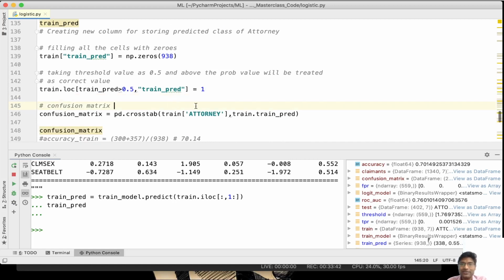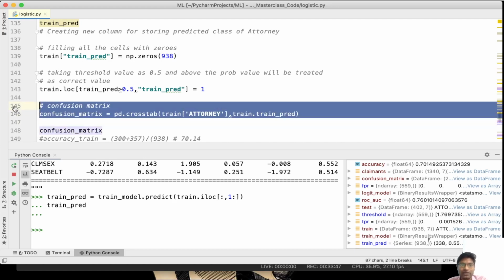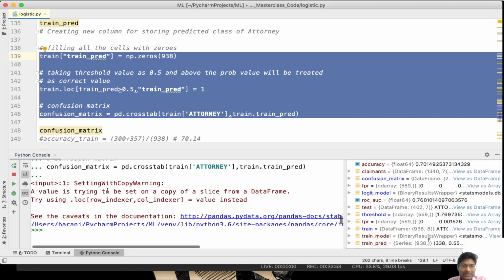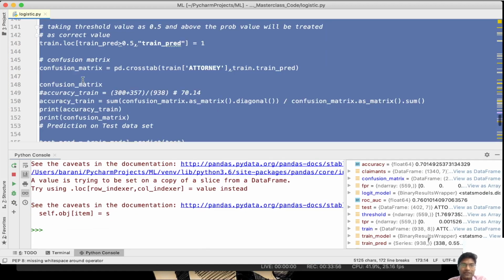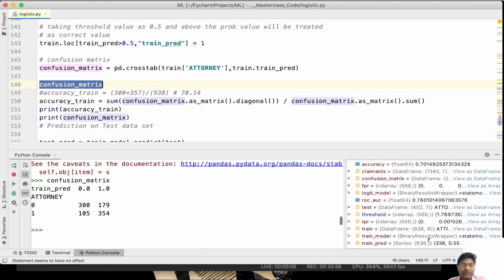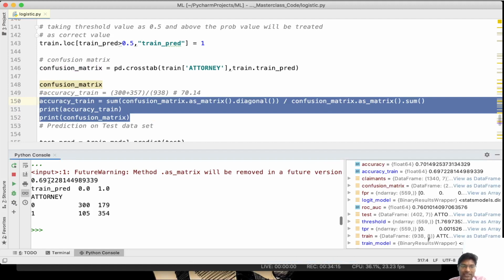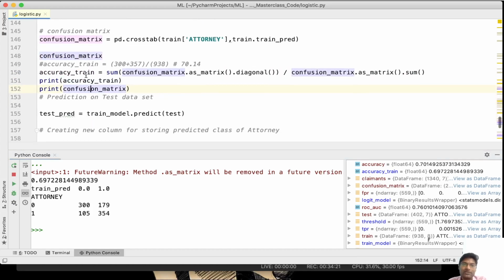Once it is converted into zeros and ones, I am going to compare it against expected and actual. This is again going to give me a confusion matrix, right? So these are warnings we can ignore. Once the confusion matrix is obtained, I can calculate the accuracy value again. Here it is, accuracy train: sum of diagonal values divided by total sum of values, the same formula we saw before. So printing the accuracy of the train model that is calculated. Train accuracy is 0.697, 69.7% is the accuracy from the trained model with just the train data.